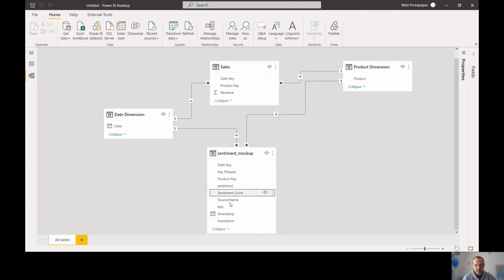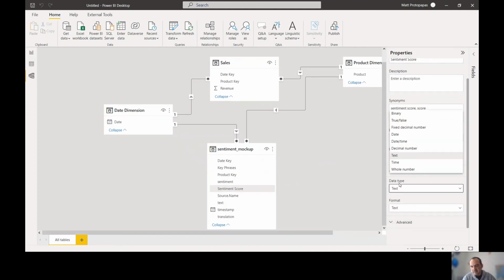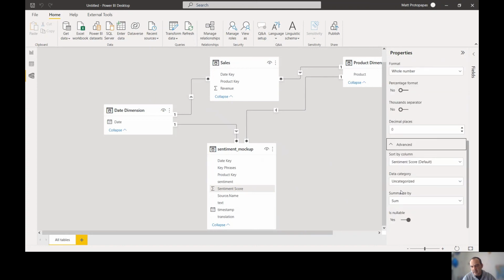And also ensure that the sentiment score is aggregated as average. Perhaps I forgot to change it to whole number in the data flow. You click Advanced and select Summarize by Average.